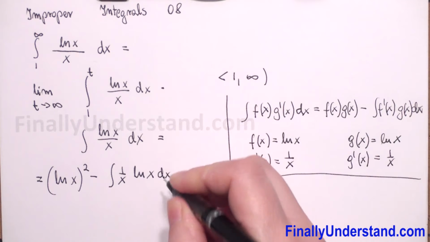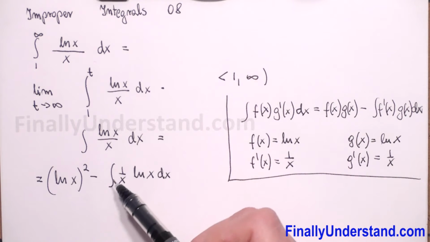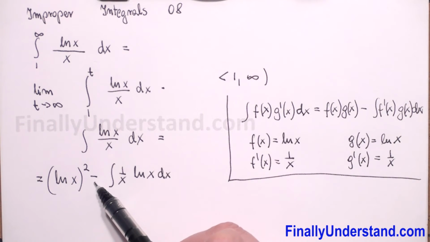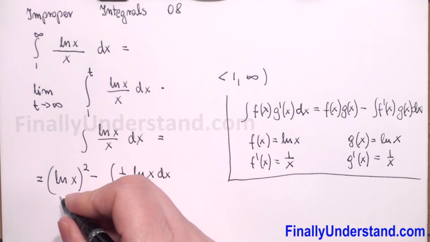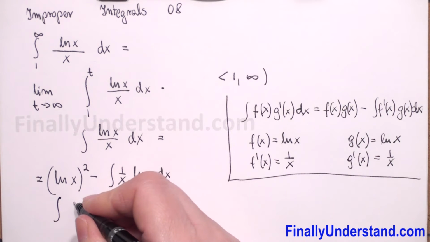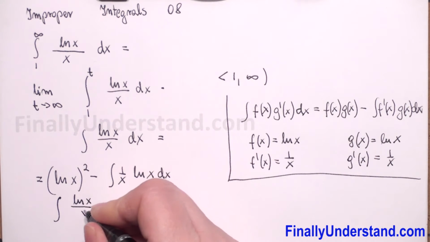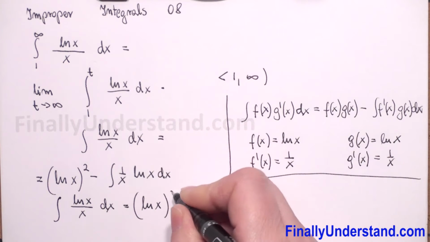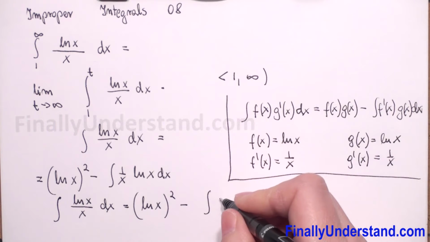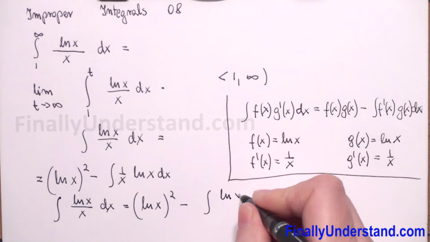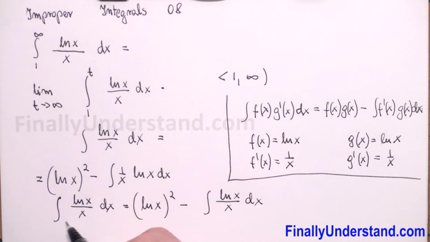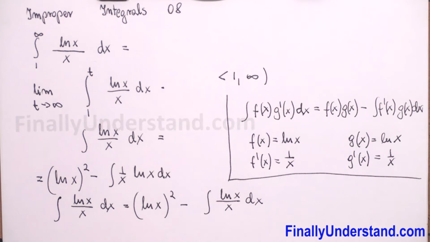with respect to x. So now, because we have here the same expression as we had at the beginning, and we have a negative sign, let me rewrite this whole equation. We have the integral of natural logarithm of x over x dx is equal to natural logarithm of x squared minus the integral, and I can write that this is natural logarithm of x over x dx. We have the same expression on the right and on the left, but we have a negative sign. So I will move this whole expression to the left side. So we will have